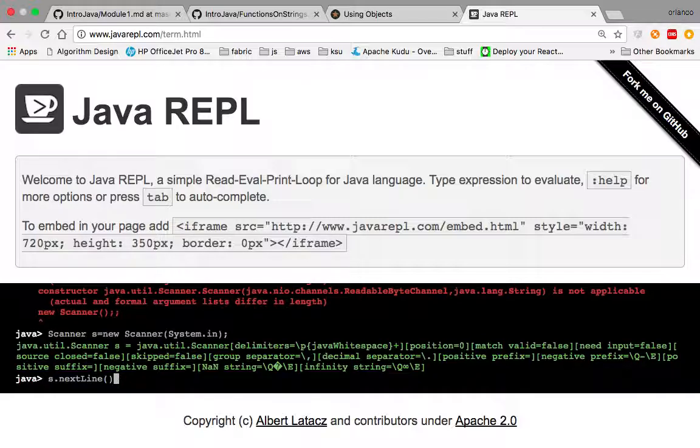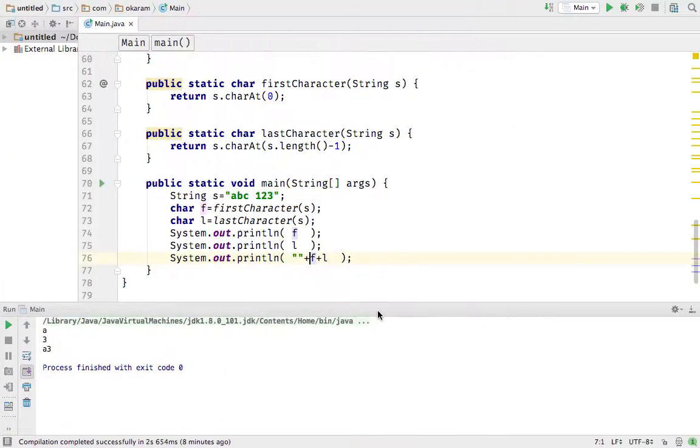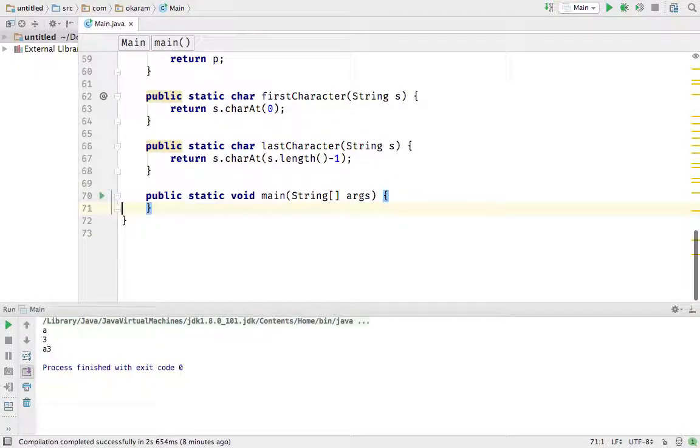Oh well, never mind. This just confuses the thing, so let's do it in here. In here, I can do